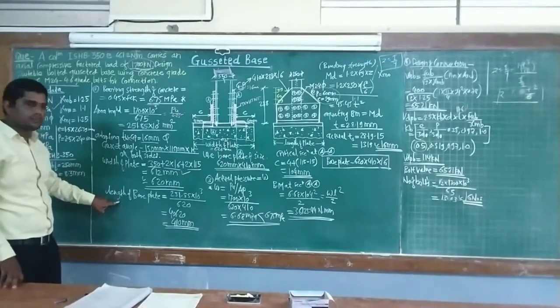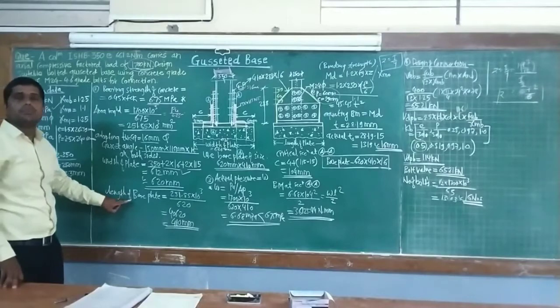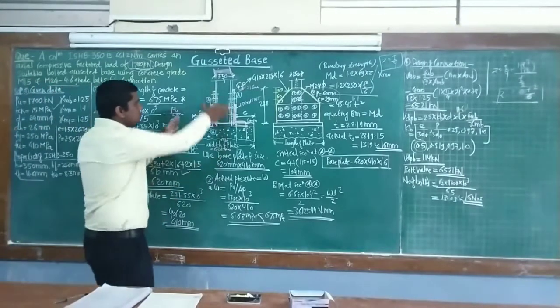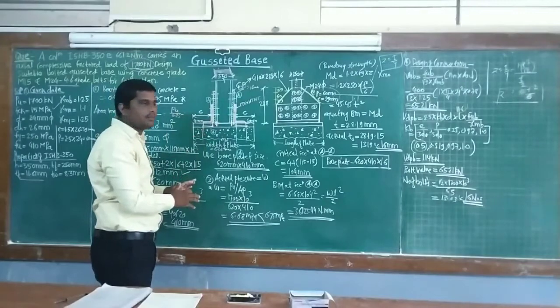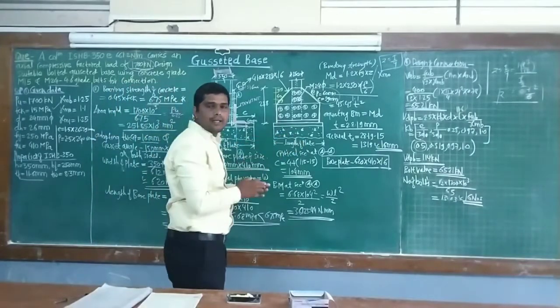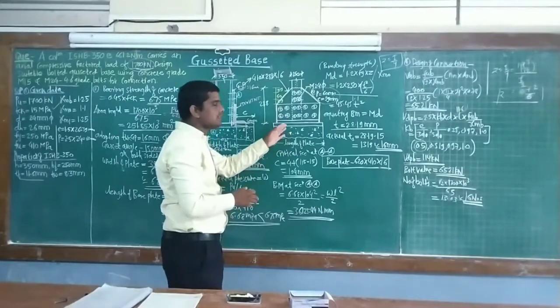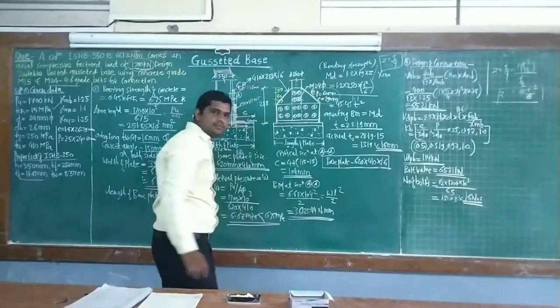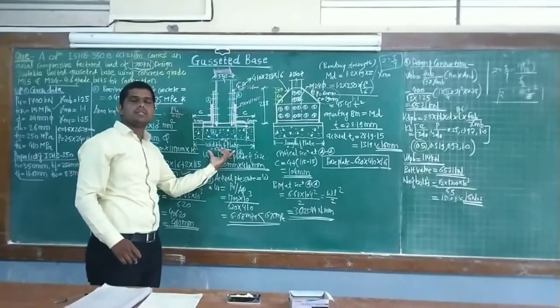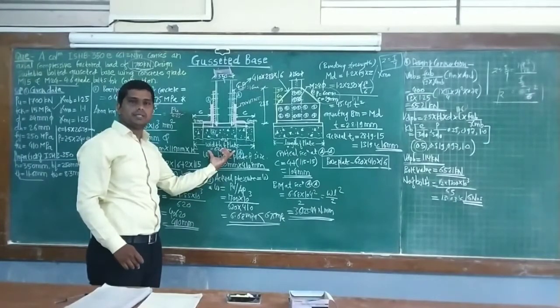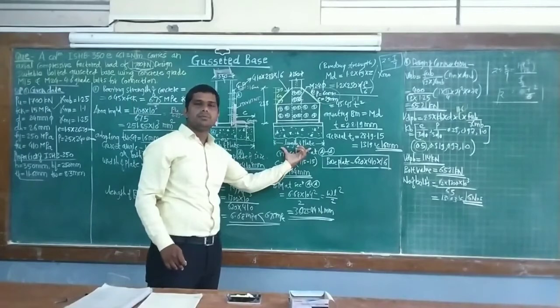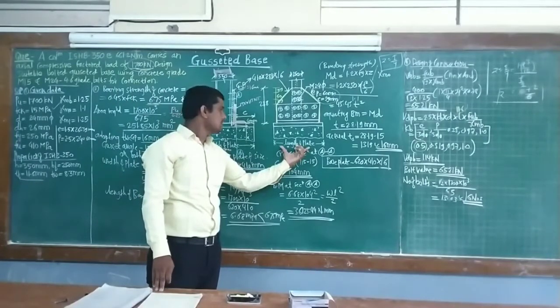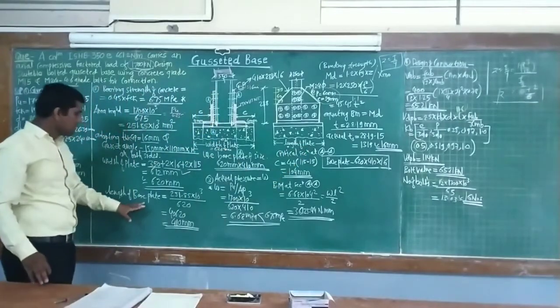The next point is to determine the length of base plate. This is the front view of the ISHB 350, and if you go to the neighboring diagram, you can visualize the side view of the column. So we have mentioned here the length of plate. In the front view, we found the 620 mm width of plate for this gusseted base. Next, this is a side view of ISHB 350. Here we are going to find out the length of base plate.